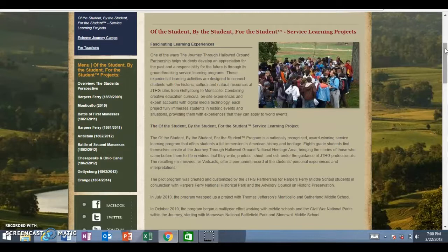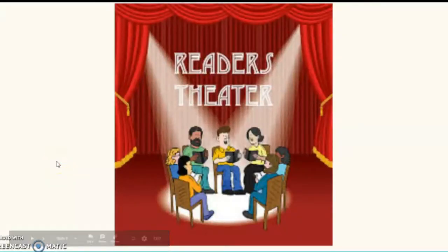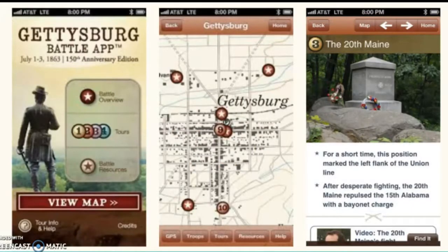And Percoco talked about how he did this with his students and how it was very successful and how they loved it. And it inspired a lot of creation and intrinsic motivation in his students. He also suggests doing a reader's theater. He suggests many apps such as Lincoln 1863 or many of the Civil War Trust apps, which they have for